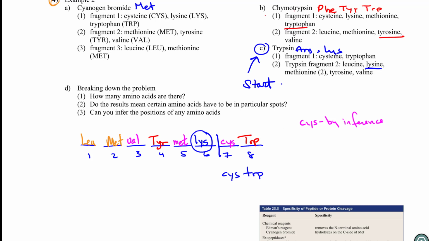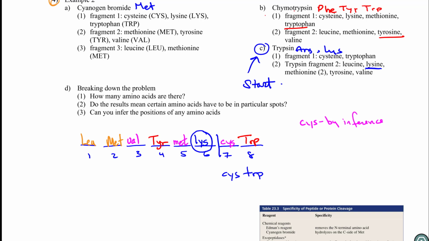The tryptophan is in position number 8. That's this guy here. It has to be at the end, because if it was the other way around, I would have a cysteine by itself and a tryptophan by it. Well, would tryptophan be by itself? I would get cysteine by itself for sure. Okay, so that's how I did that. And then by inference, that's what this fuchsia color is. Cysteine has to be in position number